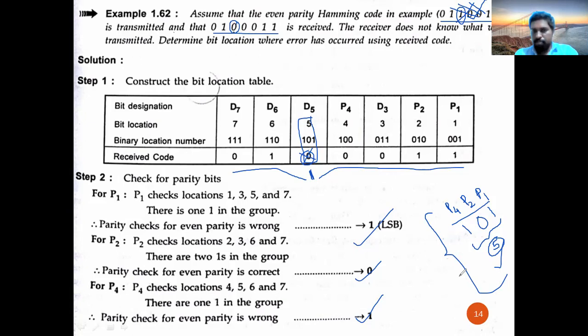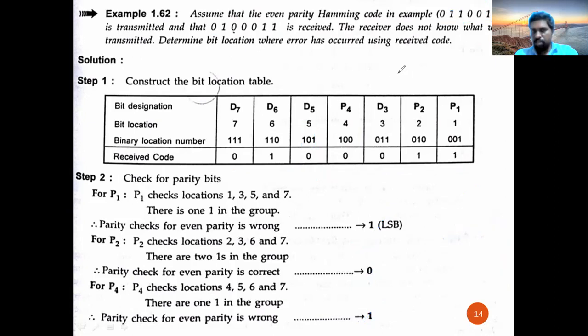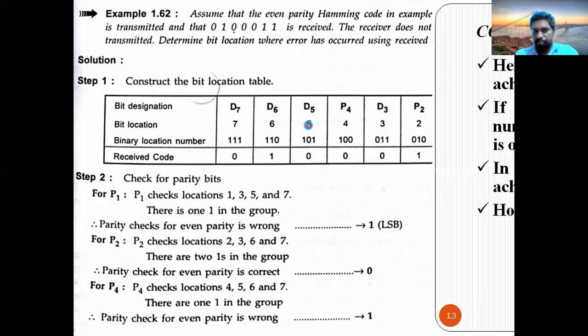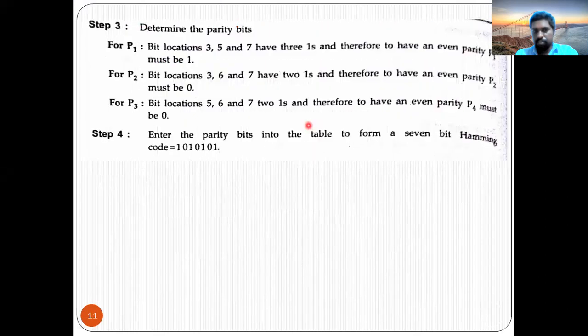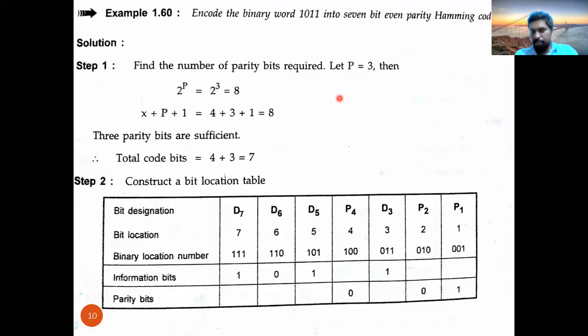Okay, please make sure that you have a clear idea about these topics. Okay, this problem is related to finding the position of error. Okay, and the previous method we have discussed is regarding the framing of Hamming code. Two important models, very, very important. Please practice them. If you have any doubt, you can